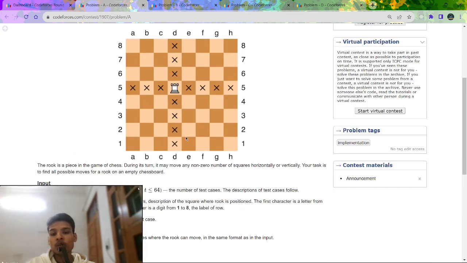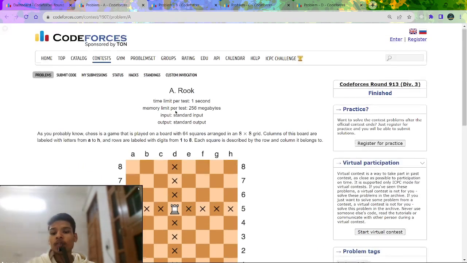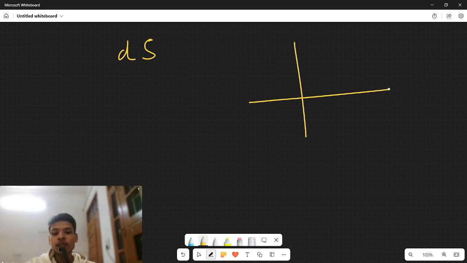Okay, so how to solve the problem? I think the problem is pretty easy and is an implementation problem only. If I explain this implementation, here you can see, let's suppose the initial position of my rook is D5 only, which means if this is a grid and my rook is at this position, then first of all I will simply